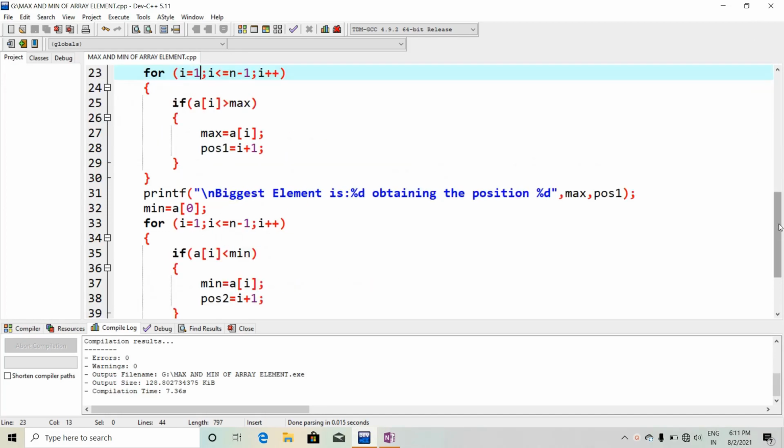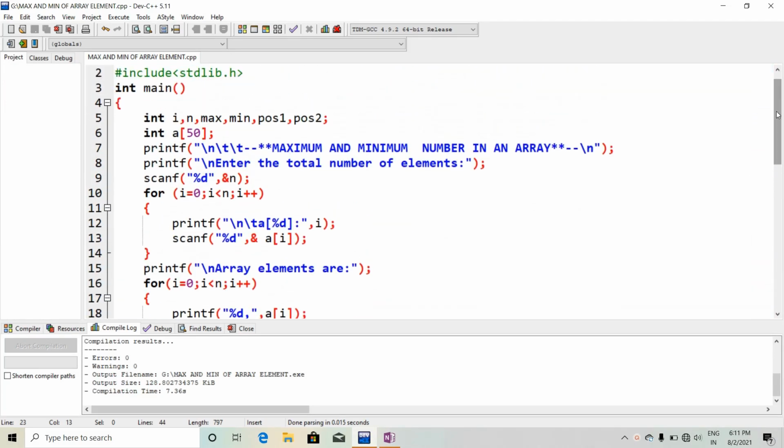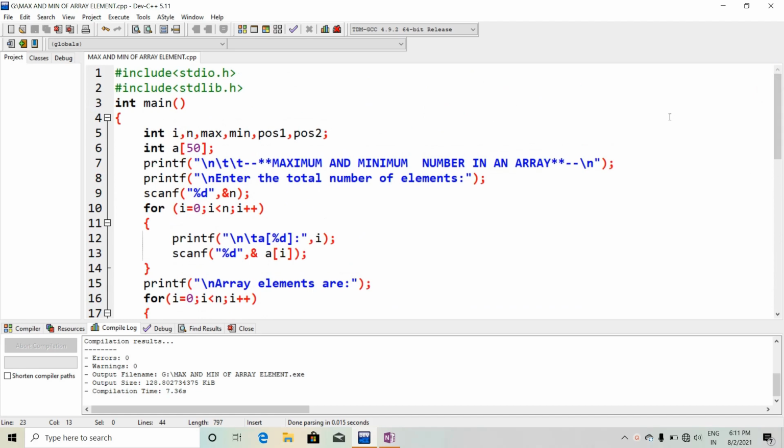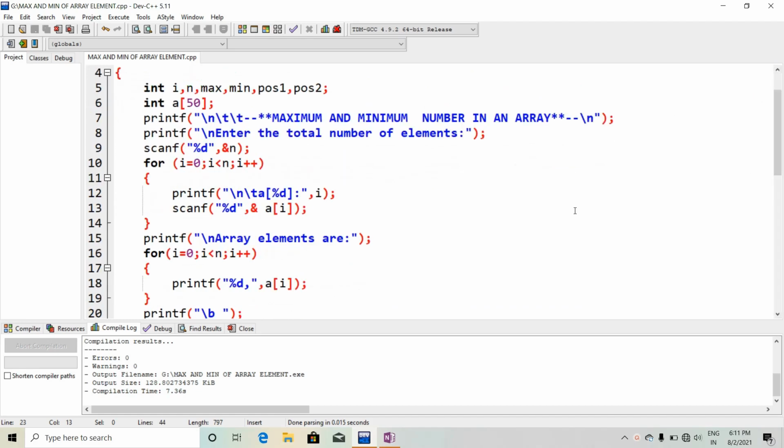You can see here the program is already worked out. As per we know, at first we have to take the array elements from the user. That's why I am using here one for loop: for i equal to 0, i less than n, printf backslash n backslash t a of %d backslash t semicolon i.